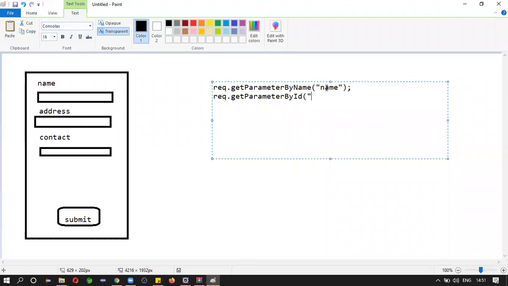Before knowing about this name and ID, you need to know about HTML forms and labels. I already told you to just learn the basics of HTML. How many of you know the basics of HTML? Because in order to see the output, you must design an HTML page.